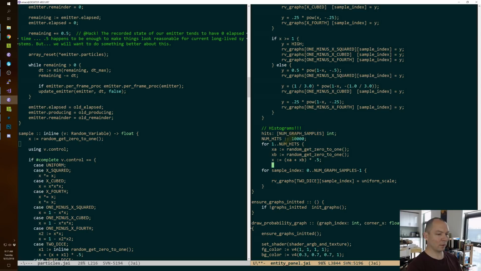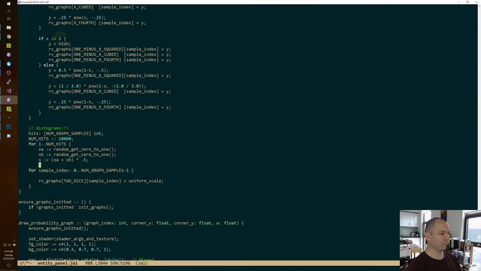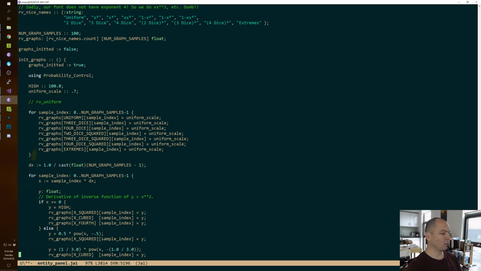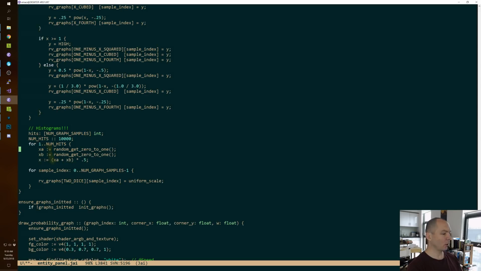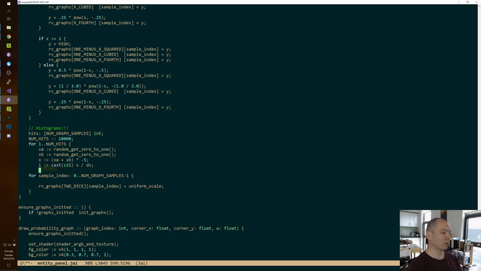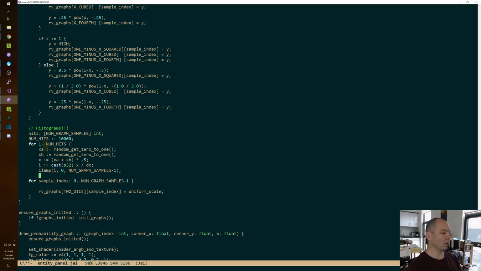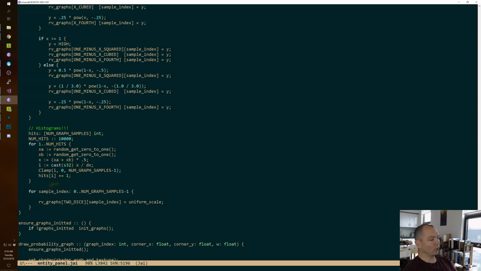Right, and then do we have dx in this scope? Yeah. So we're going to say the index is x divided by dx, cast to an int, right, and then hits sub I plus equals 1. Okay, so we're doing this function,